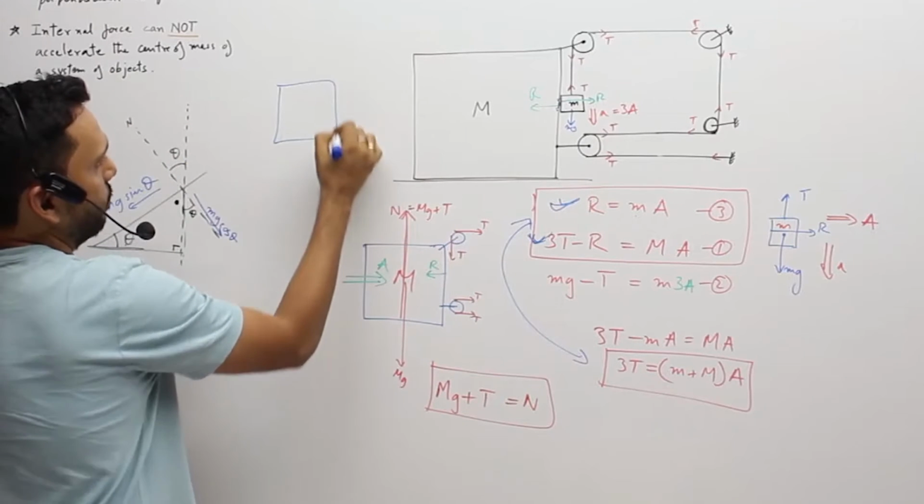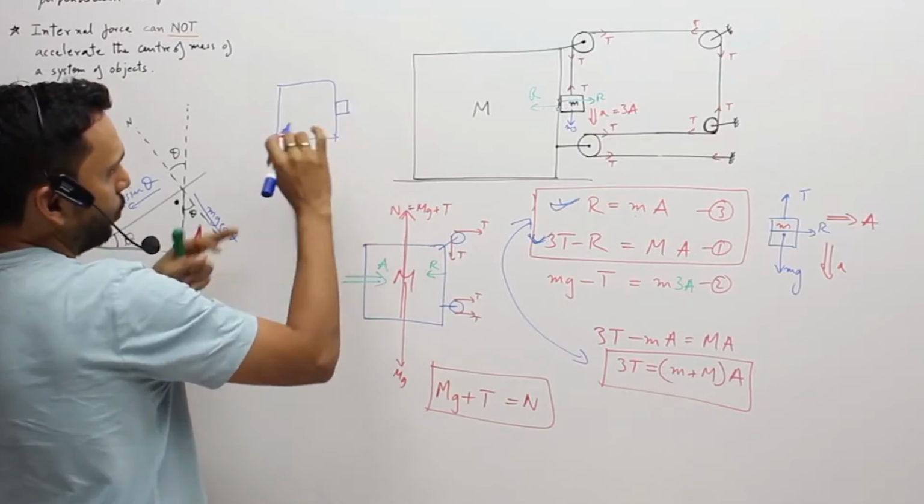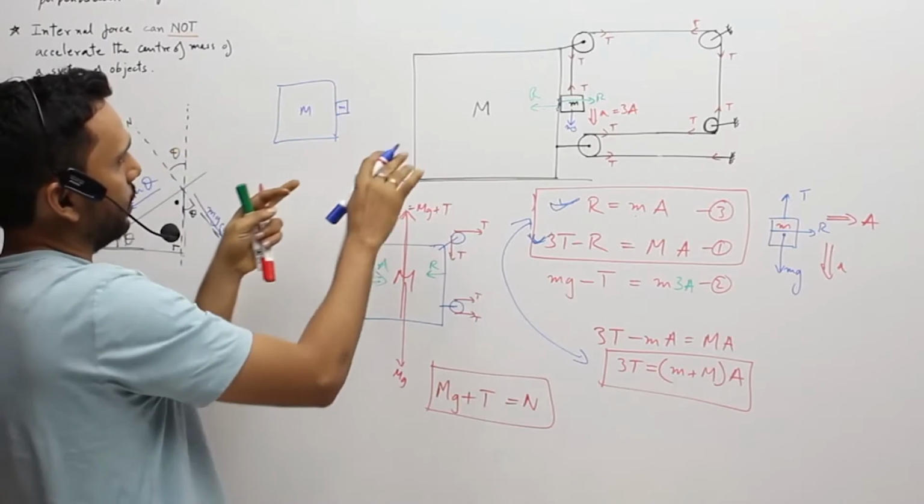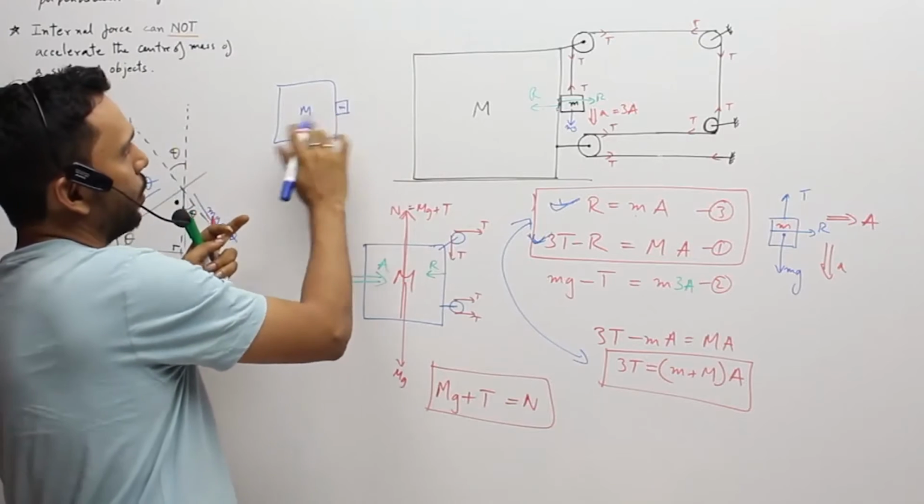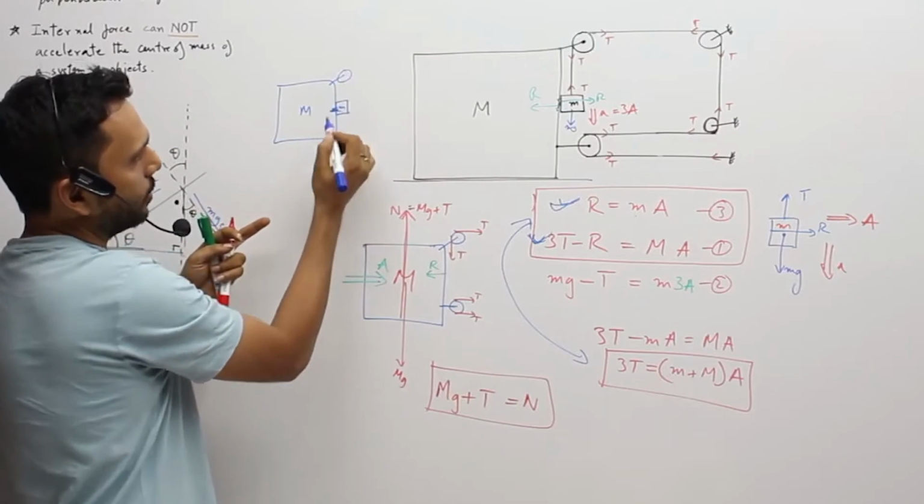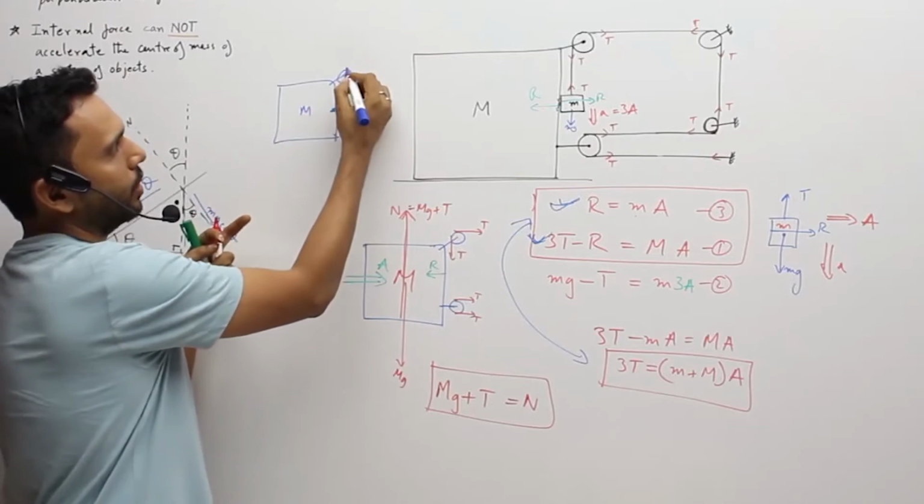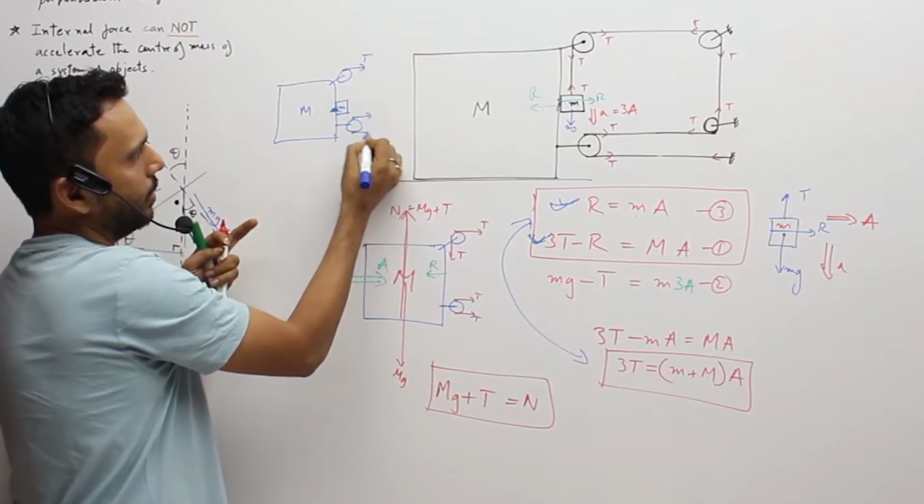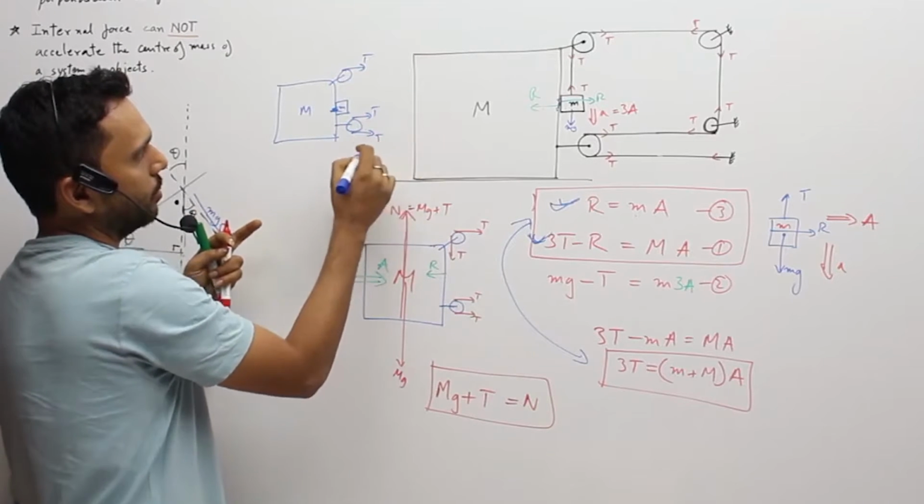So writing this is a good idea. Writing this equation and this equation is a good idea. To save time, we could have said that for the horizontal direction case, this m and this m both are going with the same acceleration, hence we can consider the two masses together. So if we consider the two masses together, then this action reaction over here becomes an internal force, and the external force is T